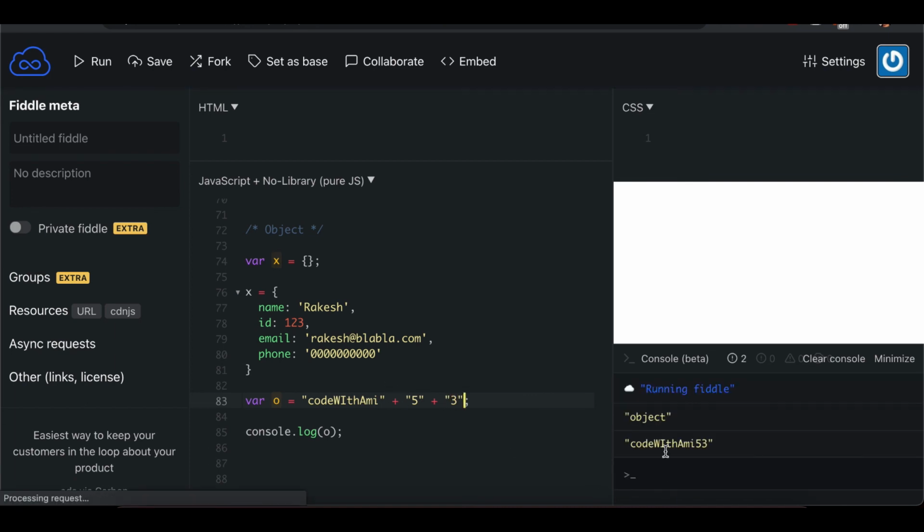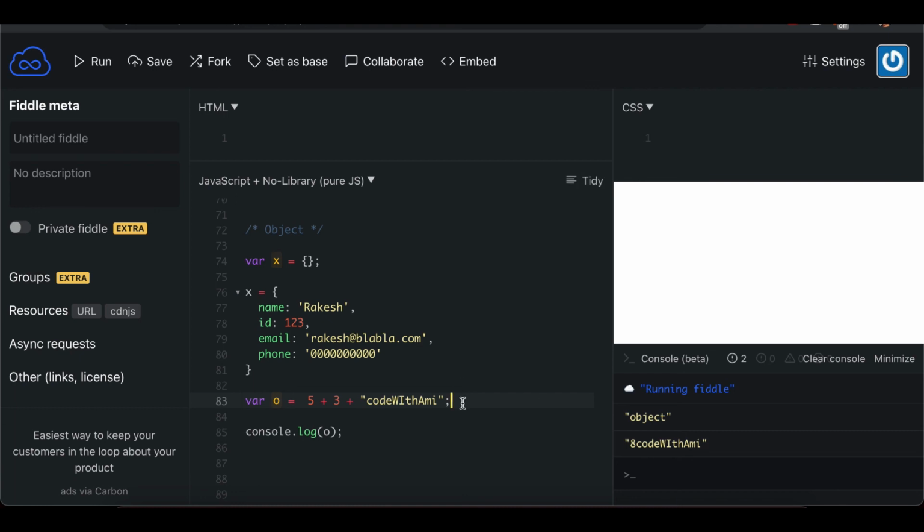If I save this, the same result will happen. Similarly, what if I just change the order and save this? Now you will see a slightly different result: 8 Code with Ami.